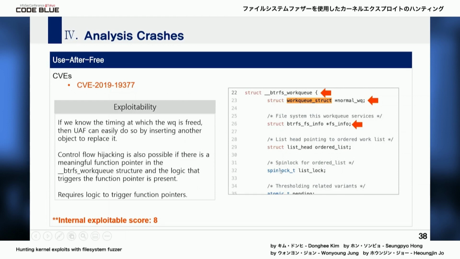Also, the work queue structure has a meaningful function pointer. So if you have a triggering part of the function pointer, control flow hijacking is possible. So I gave it 8 points internally because it is very exploitable.